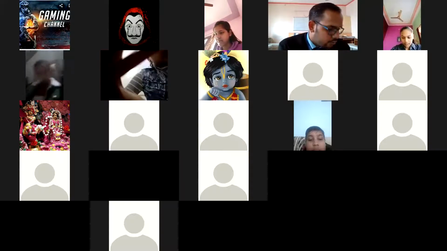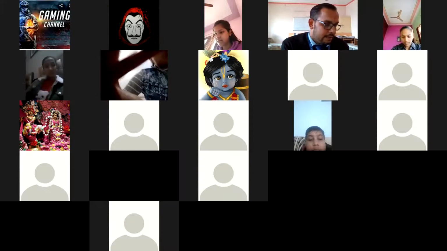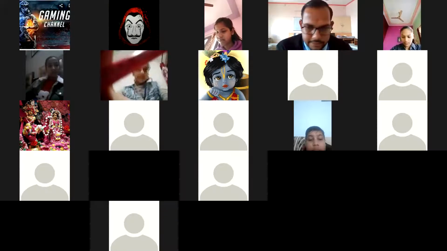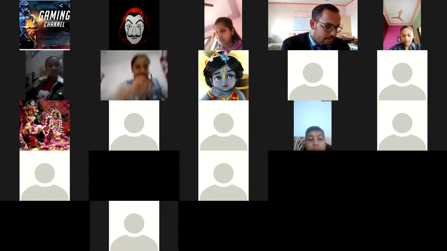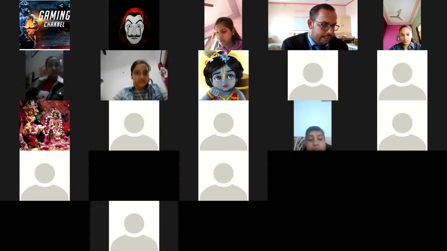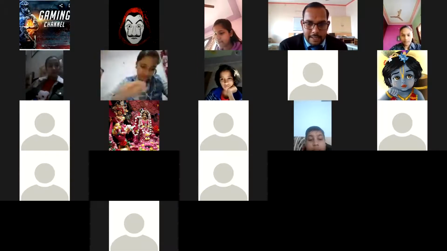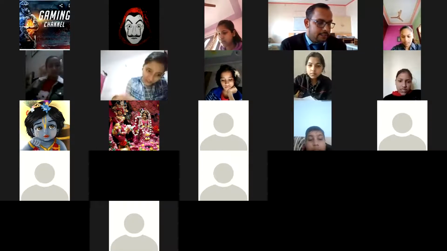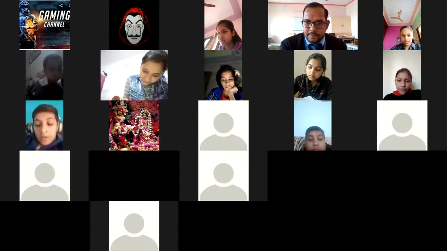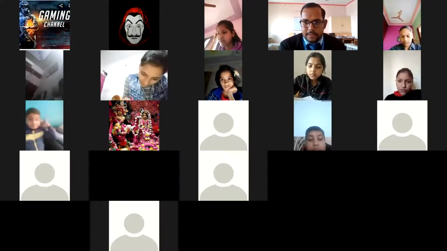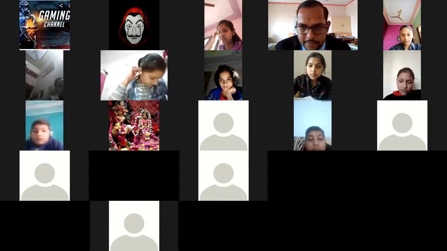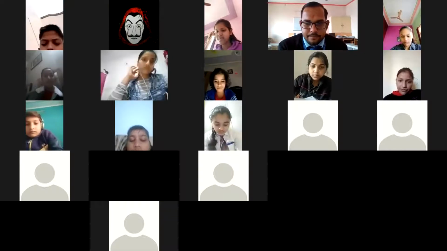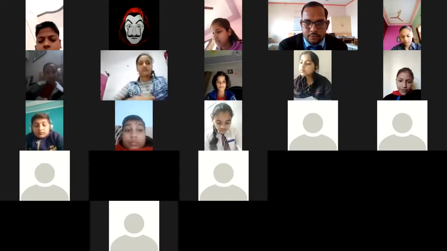Then next question: the text in the header row of a table is by default dash and dash. Header row means the row made with the help of th tag. Yes, Shreya and Kajal both have given the answer. Both are correct. Any other student knows the answer? Give your answer. Kushagra, write your answer if you know.